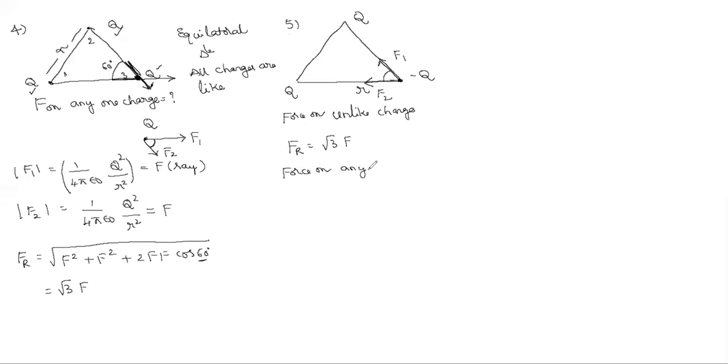But if I ask one question, force on any like charge, like means these two are like, Nana. So on these two, suppose I select this charge. From there it comes downward, sir, one force. Very good. From the unlike charge, one force comes towards it. So what is the angle between F1 and F2 this time? 120. So cos 120. Here I have to substitute cos 120 instead of cos 60. Am I right?